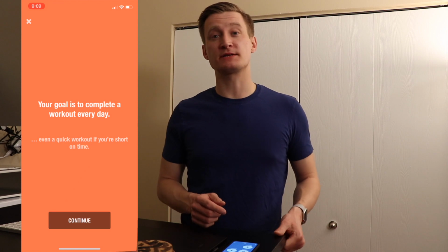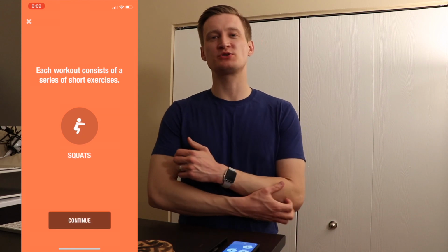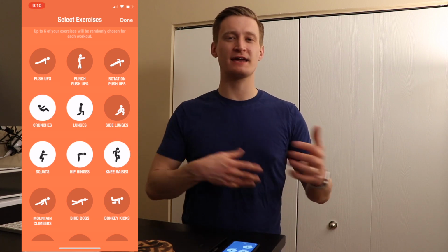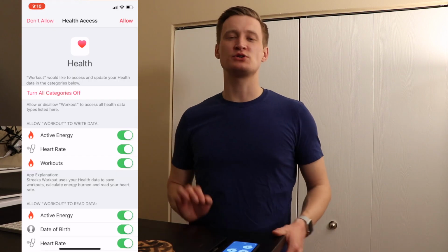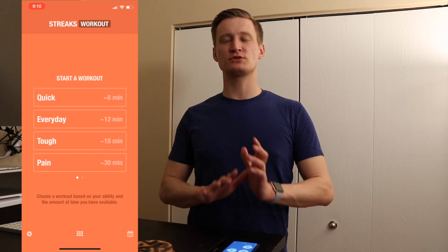So Streaks Workout is a play on their main hit app called Streaks, and what it allows you to do is structure a very simple equipment-free workout, and the goal is to kind of use the same mechanics of Streaks to build these daily habits. And you can choose which workouts you want to do and how long you have for any given day, and then it will structure a workout for you. Personally though, that wasn't quite what I was looking for. I wanted to...